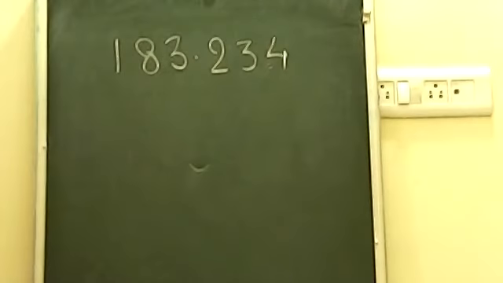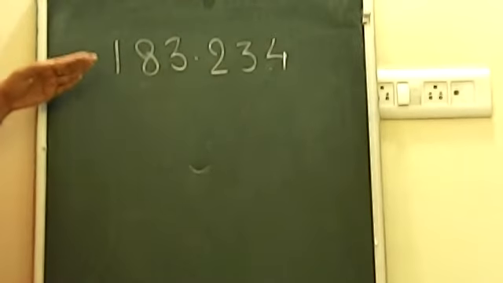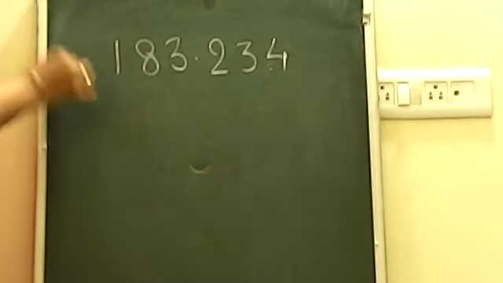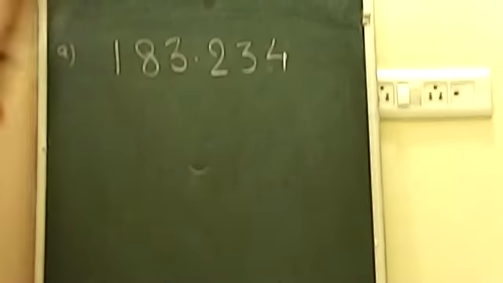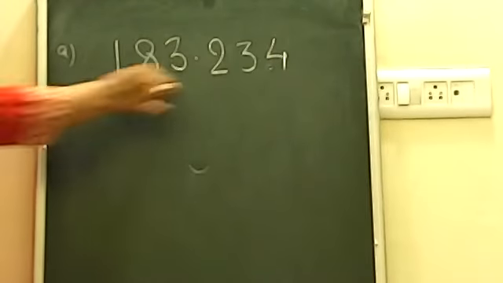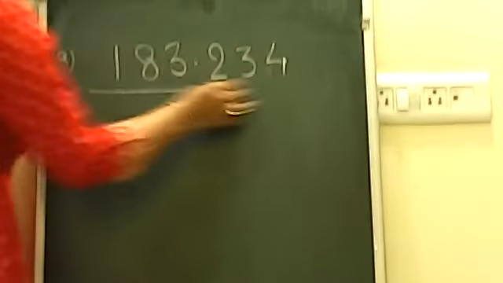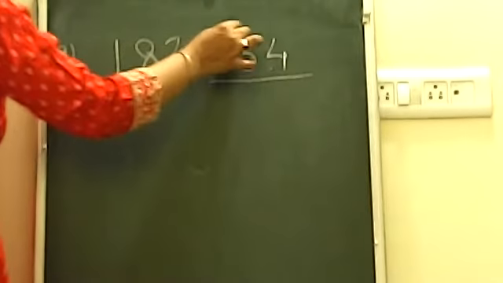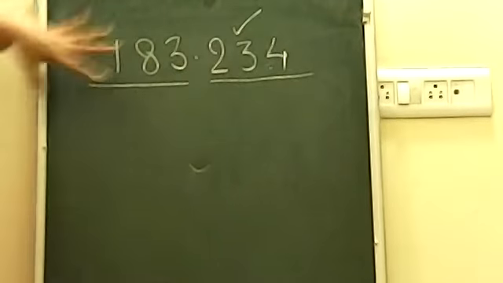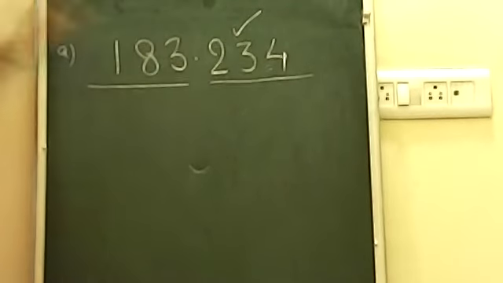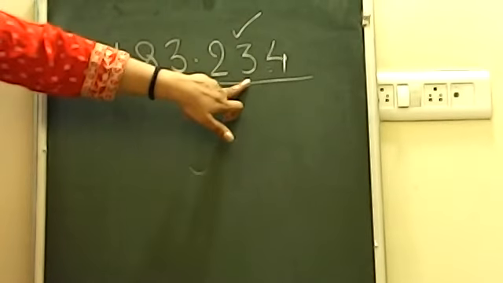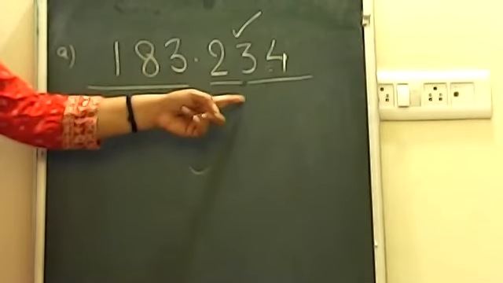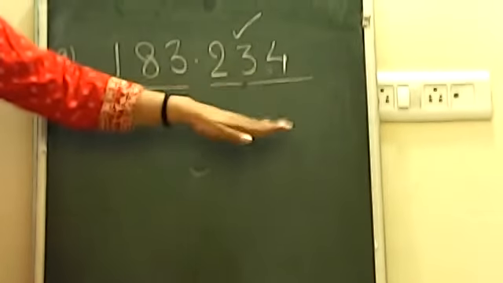In this question, it is telling that you have to find out the place value of 2 in every particular question. If you look at the one which I have written on the board, you will find this is the whole number part and this is the decimal part. So this time 2 is written in the decimal part. So we don't need to see the whole number part. We leave it for now. We will only see this one. Why this one? Because we have to find out the place value of 2. And where is 2 coming? Here in the decimal part, beta. So we only looked at this.